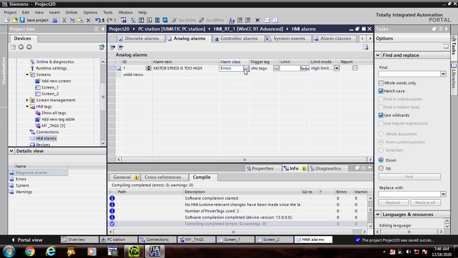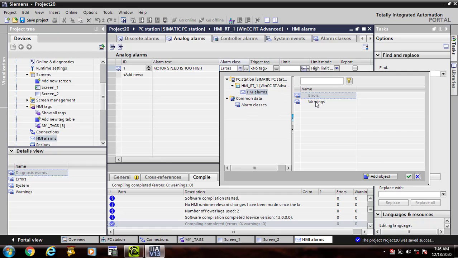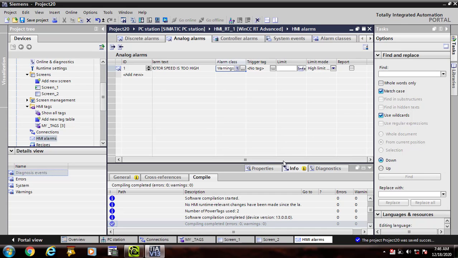Its alarm class should be warning, and its triggered tag should be motor 1. I think speed of the motor when it crosses the limit of 60, it should display the text along with the sound.